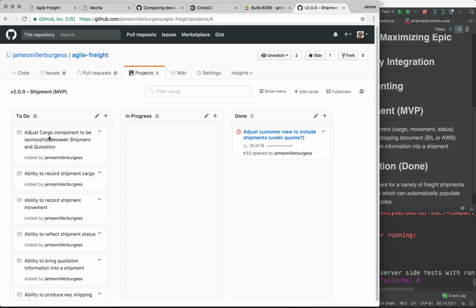So the product owner would also explain the sequence in which the work has been ordered and why. So we did this one first as a prerequisite. It's the gateway into the shipment screen. Then we're planning to adjust the quote